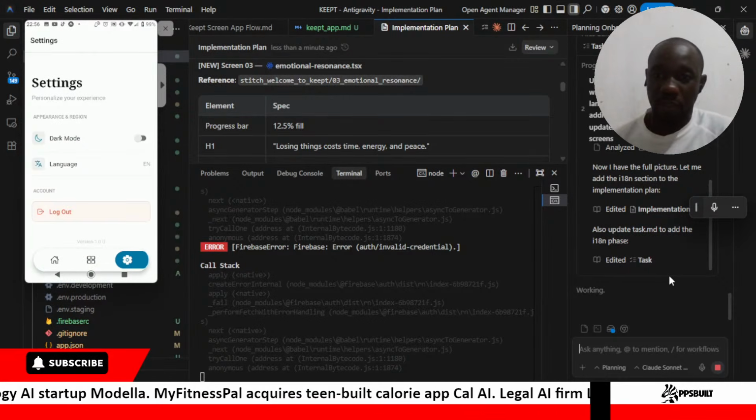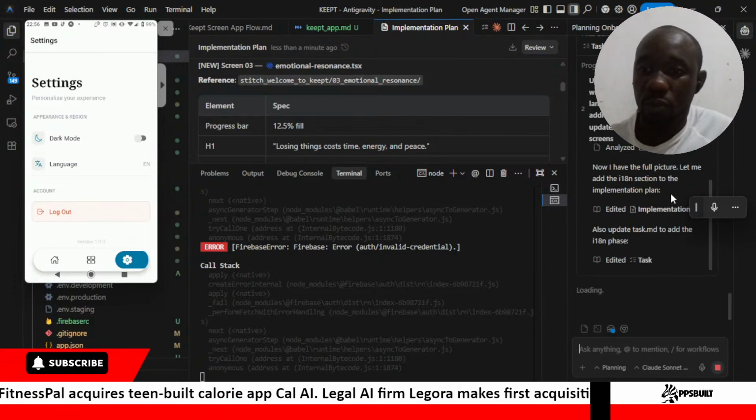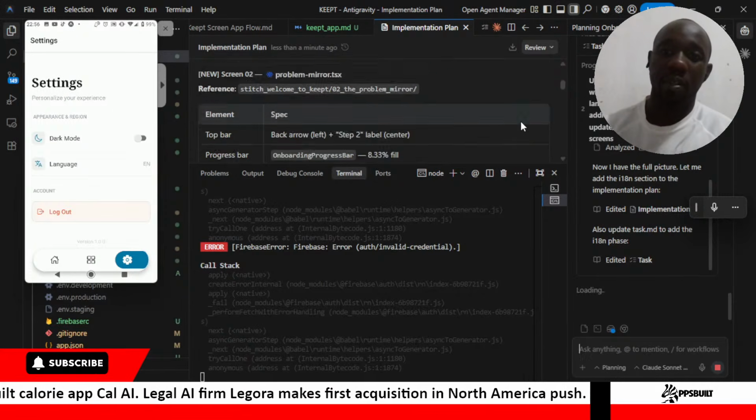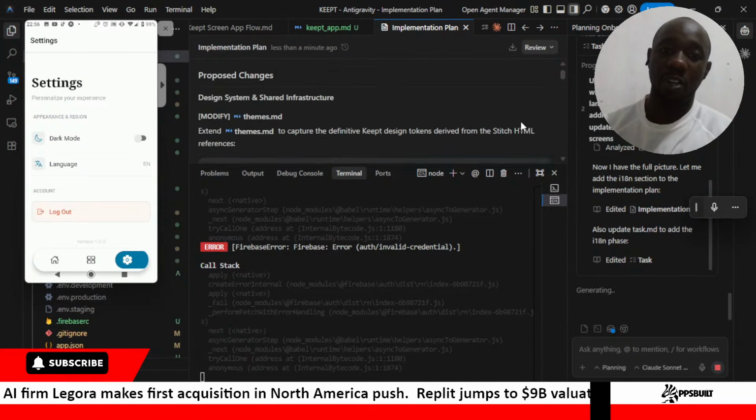So let's wait for that implementation plan. It's taking some time, but I understand that the implementation plan is quite complex.